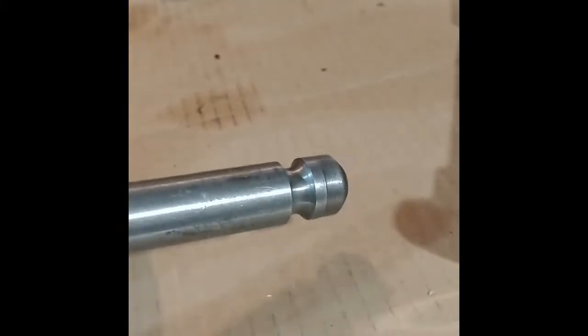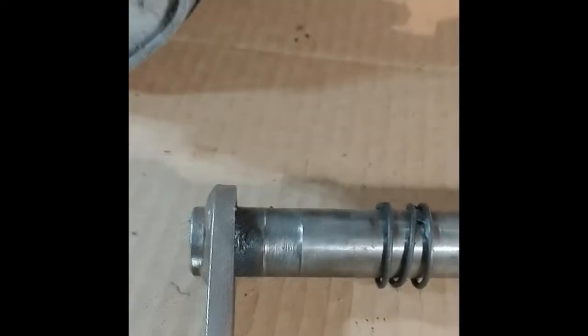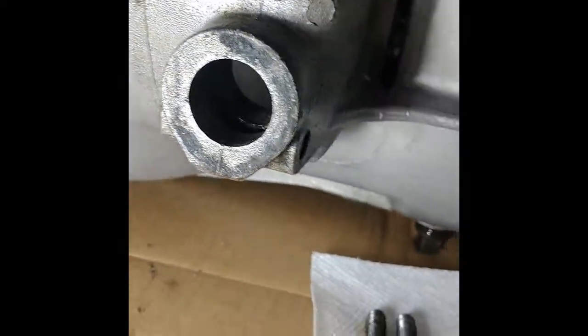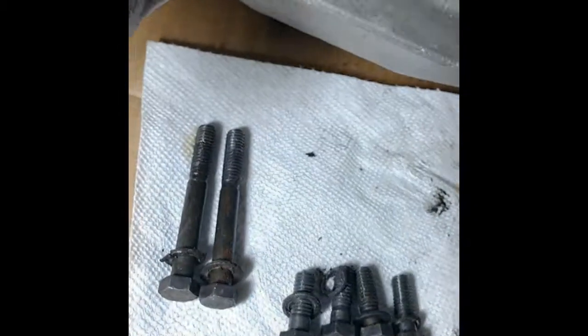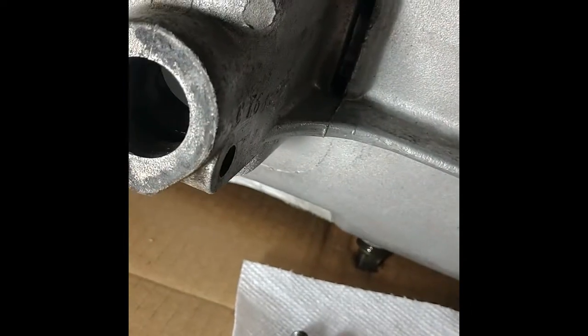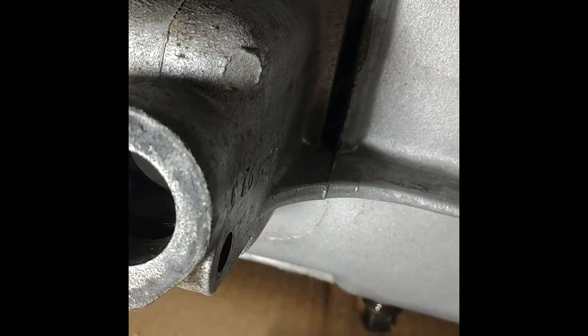And I took out the cross shaft here for the clutch previously, and I bought a new one because, let's see, where is it? This one is worn substantially here. I mean, it's worn horribly bad. And I also previously popped out the bushings here, and I have new ones for both sides. The bushing on the right side is longer because there's a bolt that goes through to pin the cross shaft in, and the bushing on this side is shorter, but I think I'm going to use 2 of the right sides just because it'll give me more bushing surface there for the shaft. Either that, or I'll put in 2 of these shorter ones